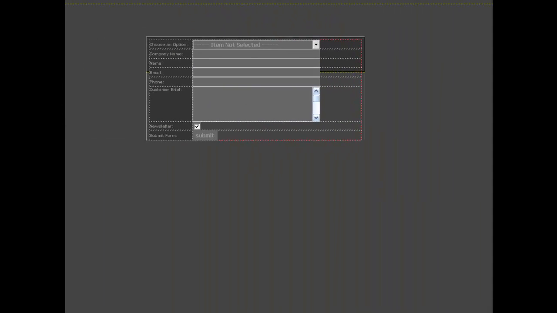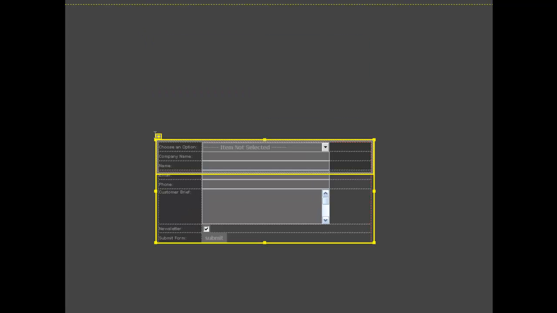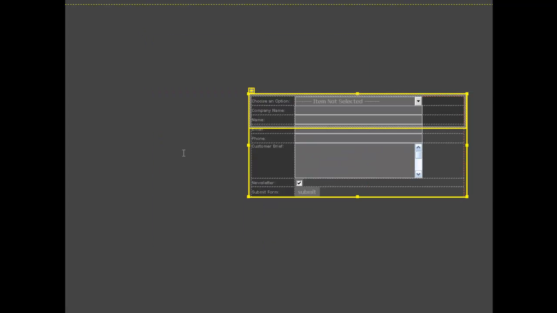Okay, so to give you somewhat of an idea of how this is going to look, this is what we're going to build, okay? And since we're using div tags in this one, we can click and drag this and just slide it and place it wherever we want on the actual web page. And to give you an example of what I'm talking about,